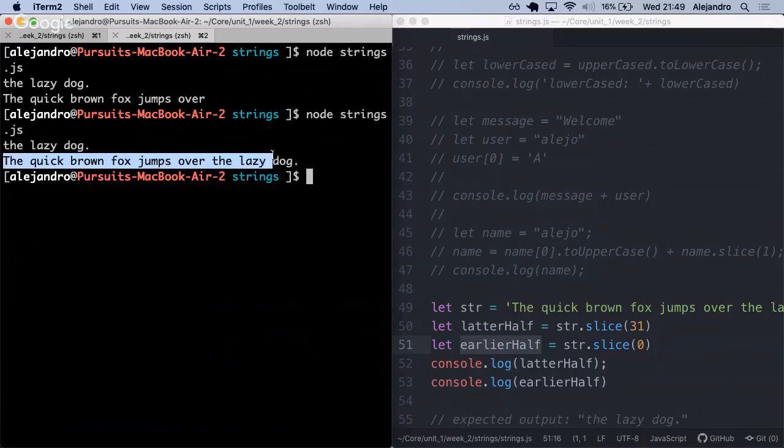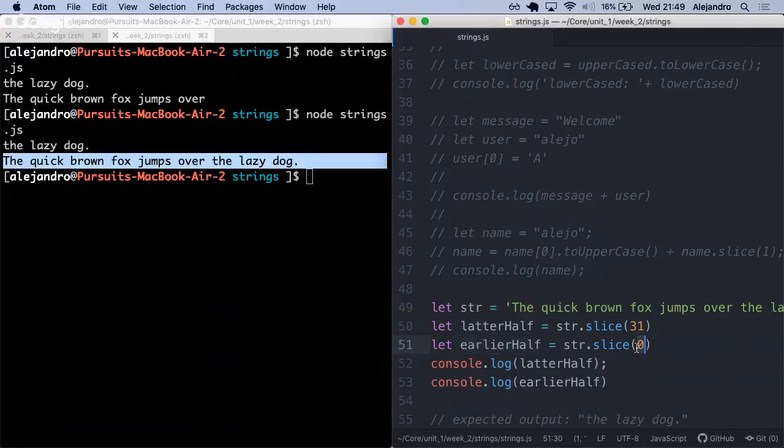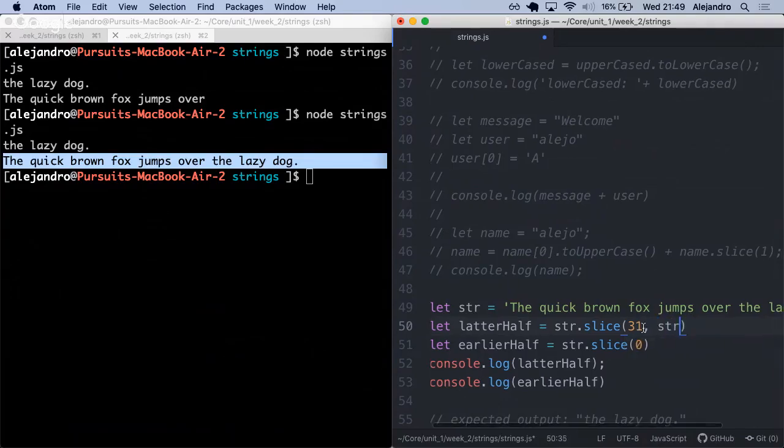Because slice is saying start at index 0 and go until the end. The number for the end, that will be str.length